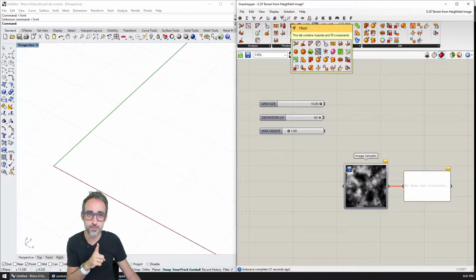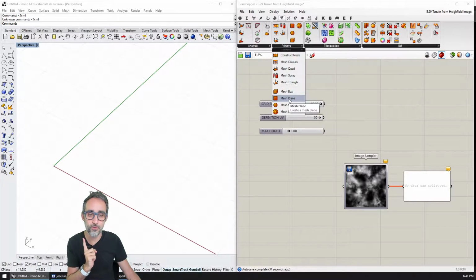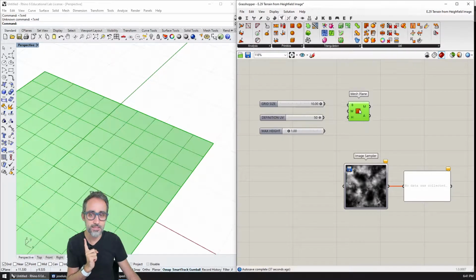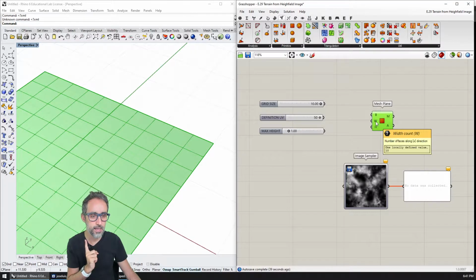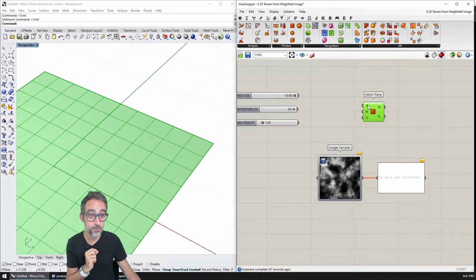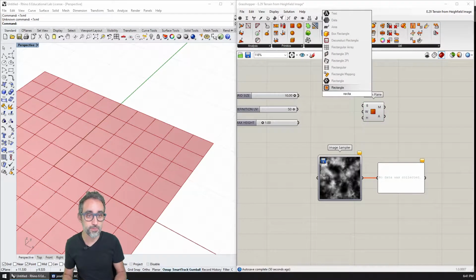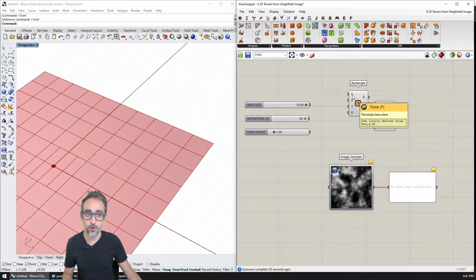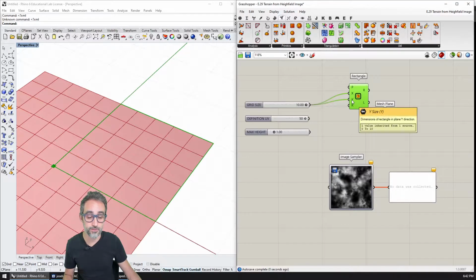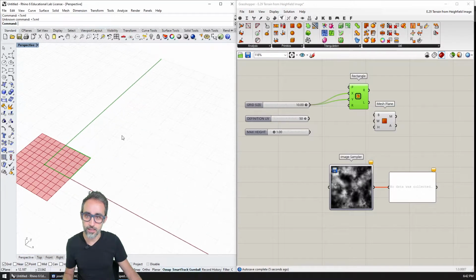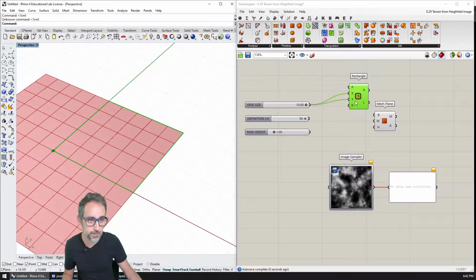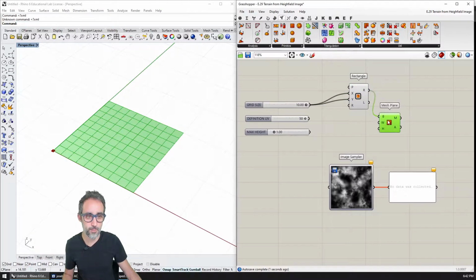So I'm going to go to meshes, then primitives, and I'm going to go for mesh plane. As I do mesh plane, you can see that the boundary is going to be the rectangle that describes the boundary of this surface. For that, I will need to create an actual rectangle. So let me create a rectangle centered on XY, where X is going to be 10 units and Y is going to be another 10 units. This takes a domain, but I'm just going to give it one number, and I'm going to get a rectangle that is this big, and I'm going to use that rectangle for the boundary.